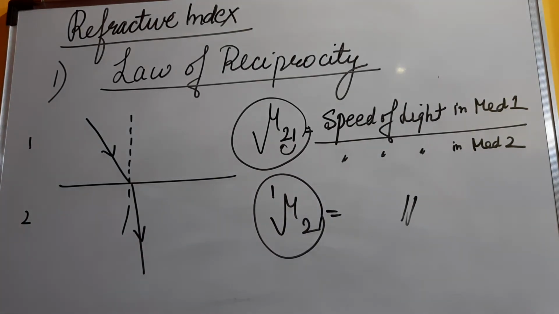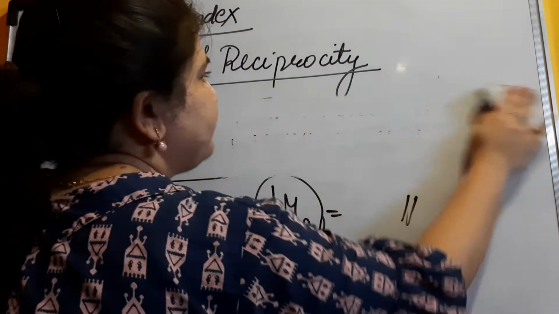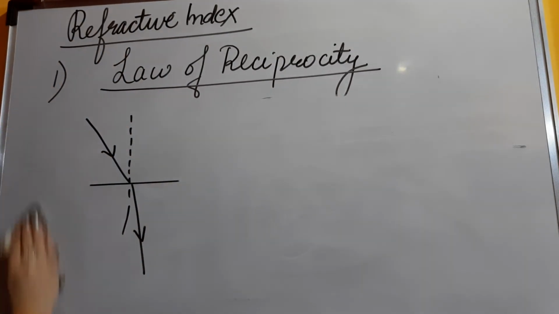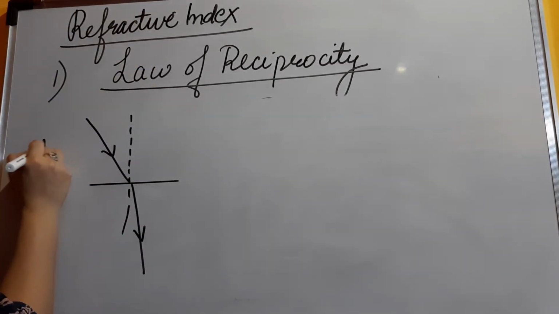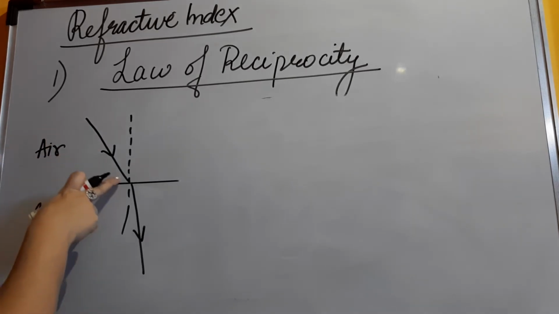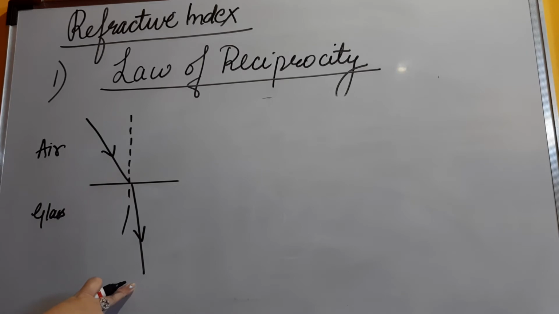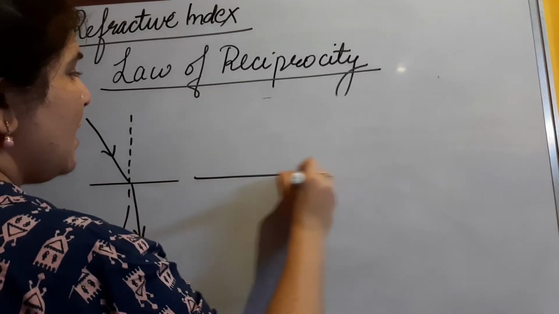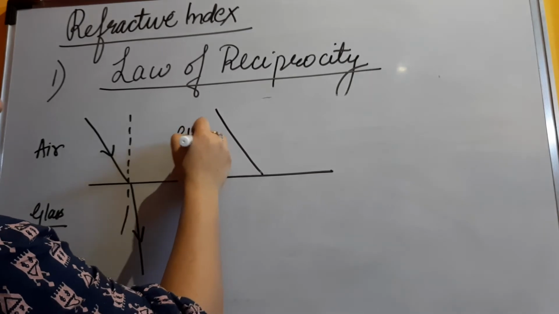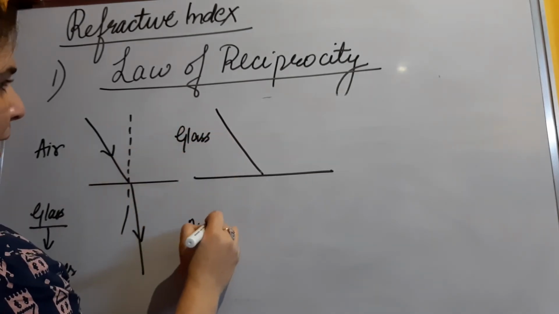Now as we are talking about law of reciprocity, you just have to assume over here, I'll just erase this much part. Okay. So you have to assume over here that this is air and this is glass. So obviously what is happening? The light ray will come, and in glass the speed of light will obviously decrease, because glass is denser as compared to air. Okay. But if I do the invert of it, if I do the opposite of it, if I take glass over here and I take air over here, what will happen?